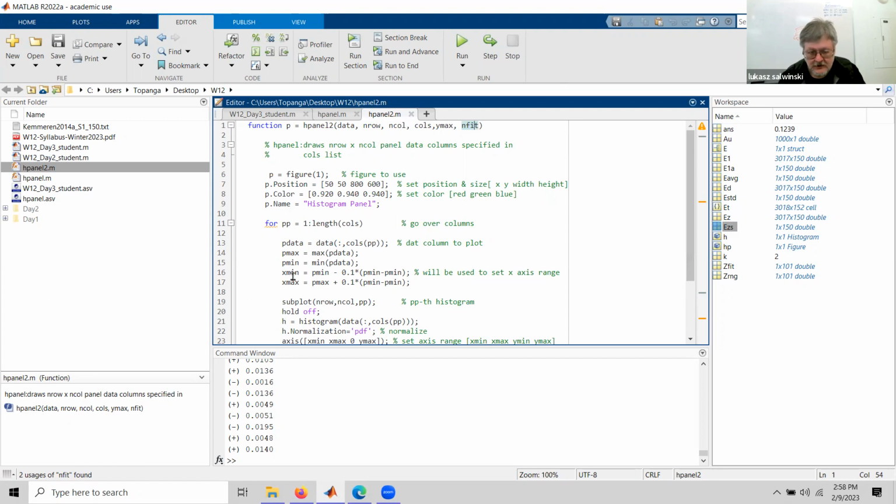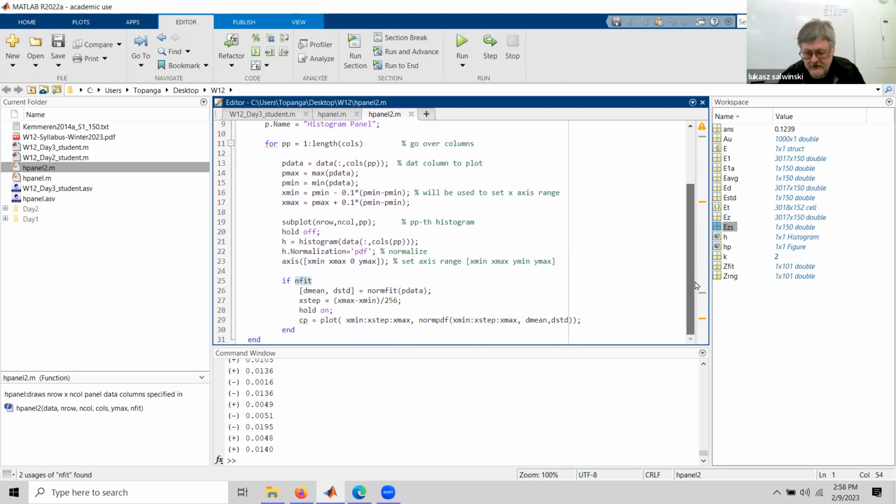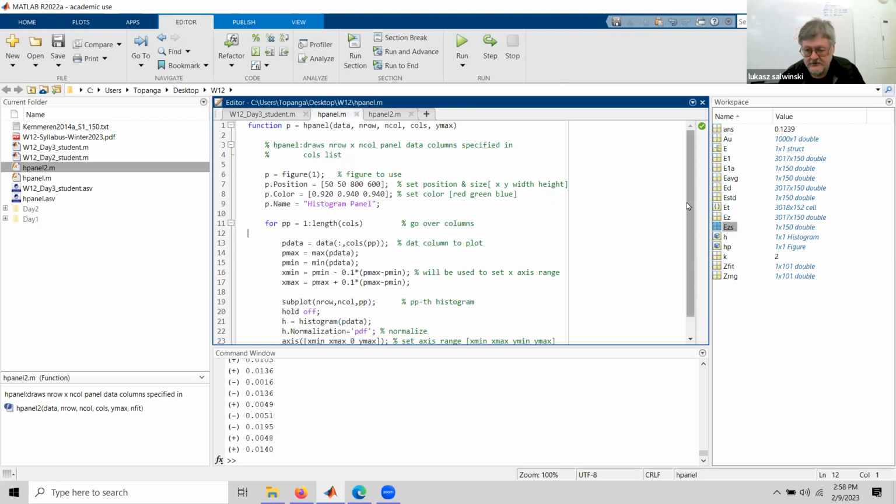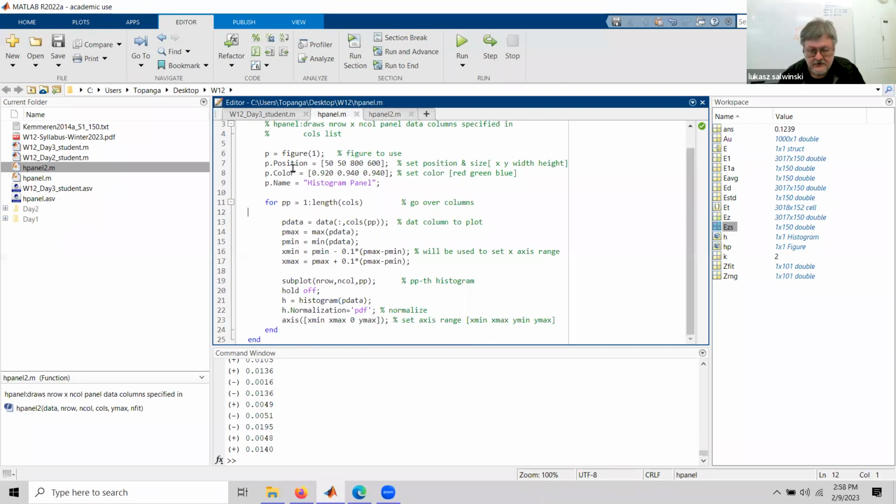Throughout here, everything is the same. There's no difference until we're done with plotting the histogram. This is the same as we've got here at the end. Those are exactly the same. This is exactly the same code, except that here we're done and we go through another pass to plot another